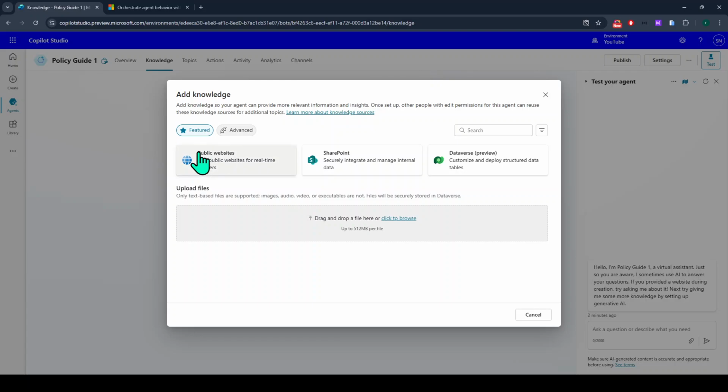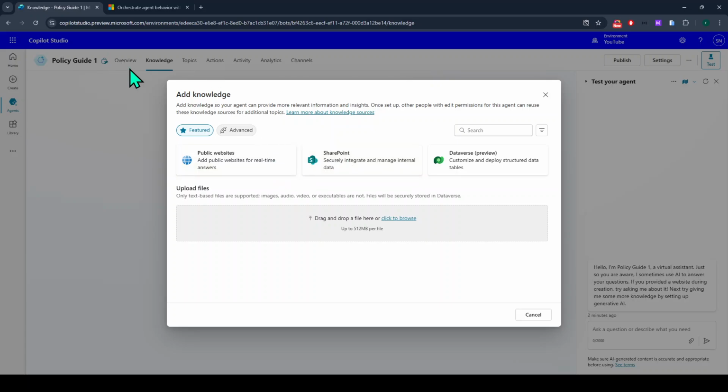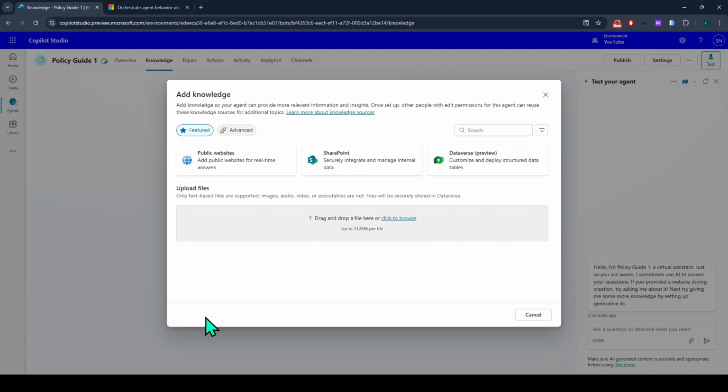upload the files here, but you can always choose if you want to add a public website, you can add that link here. If you want to add SharePoint data, you can choose SharePoint, where you will provide the SharePoint URL, and when you ask any question, if the agent thinks that this information is present in this SharePoint site, it's going to return results from there. But in my case, to make the chatbot more accessible, I'm just going to upload files from my local system. So I'll just click on it. It will open the